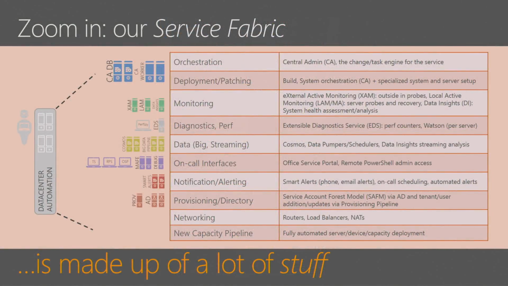Let's zoom a little bit into what I call our service fabric. What you will notice is that it's made up of many loosely connected systems. Why is that important? Well, it allows each of the systems to independently scale on its own. This level of flexibility lets us focus on a smaller set of components while being able to rely on other parts being stable. In fact, some of our demos will go into a little bit of how some of these systems work and give you a flavor of what it feels like.